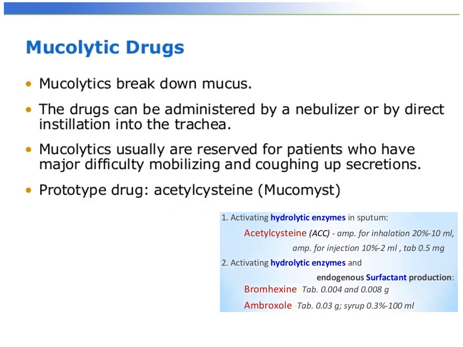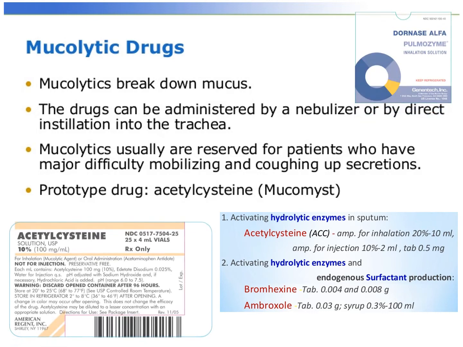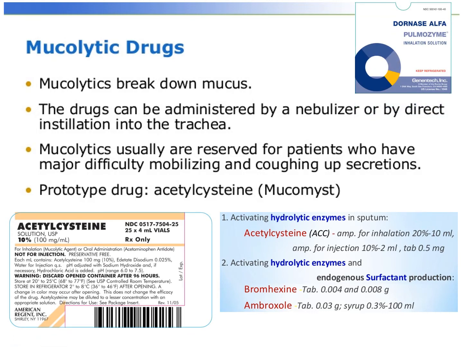Homocysteine is an example of this, and again, I'm not going to get into the individual agents. Some of them are designed to activate enzymes that break down the mucin protein, hydrolytic enzymes, and so forth. So these are activating enzymes that break down mucus. Dornase alfa and acetylcysteine. They're very, very common. But again, you don't see this normally in patients that are suffering from colds or anything unless it's particularly severe. This is more along the lines for folks who have COPD, folks that can't mobilize mucin because of either damage or chronic irritation to their airways.